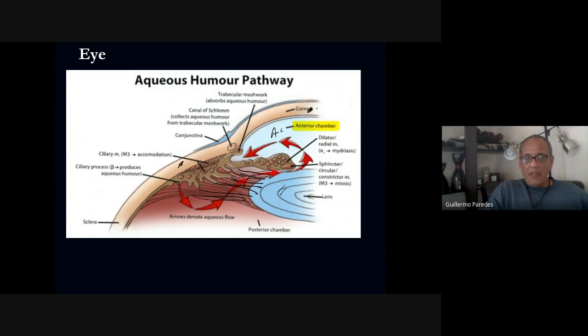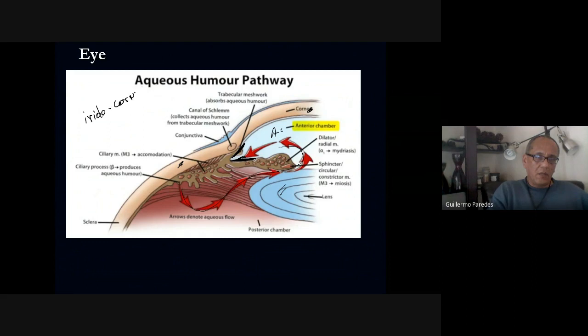Those are the ciliary muscles. And the ciliary muscles are going to be connected to the lens. Then we have the ciliary glands, and the ciliary glands are going to drain the aqueous humor. They go to the posterior chamber, and they go here to this area. This angle between the cornea and the iris is called the